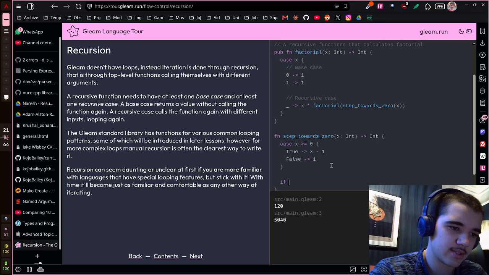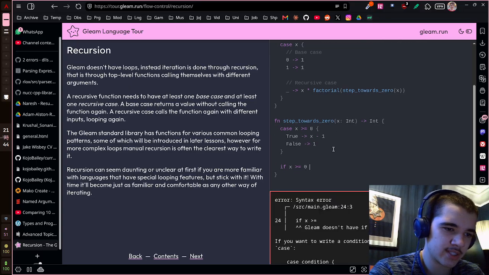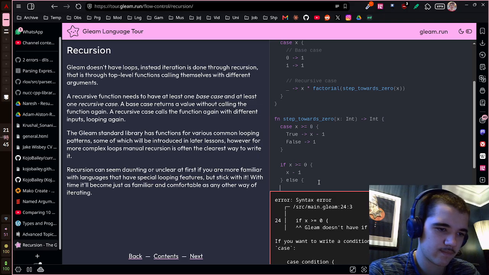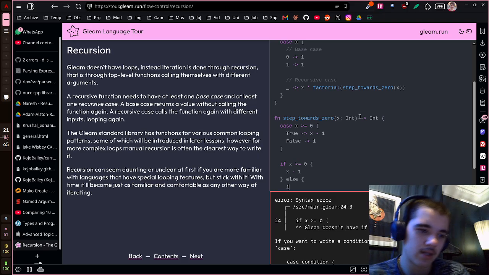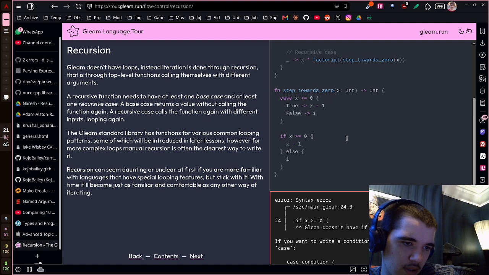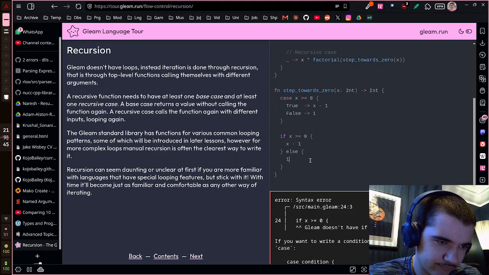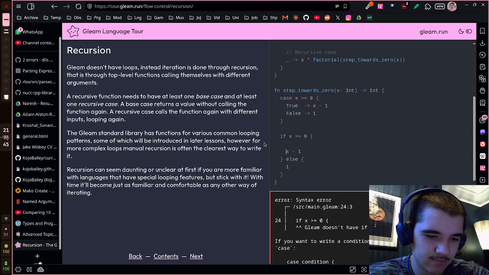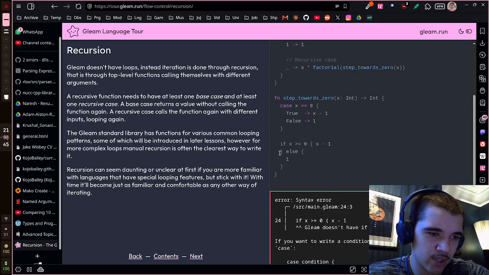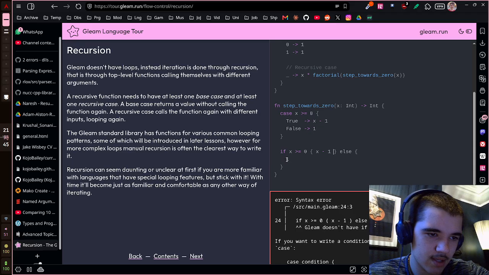If you try this out normally, you do if x is more than or equal to 0, then x minus 1, else 1. So it is one less line of code, just saying. And also, obviously you could do this instead, where you have a one-liner, but aside from that,